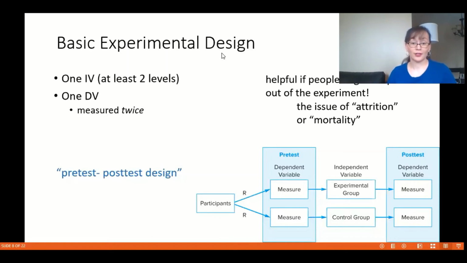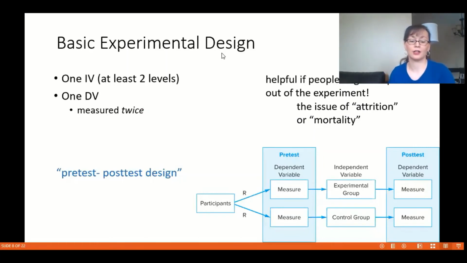And people might drop out of a study for all different kinds of reasons. We know from when we talked about good research ethics, our participants can leave our experiment at any time. They're there voluntarily, and they're only there as long as they're comfortable, so they can end that experimental situation if they wish to. But sometimes we might find that people might drop out of our study